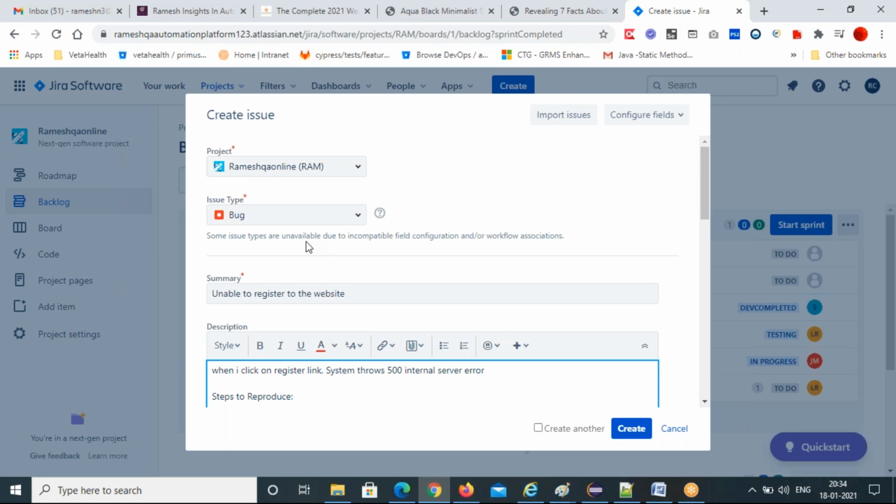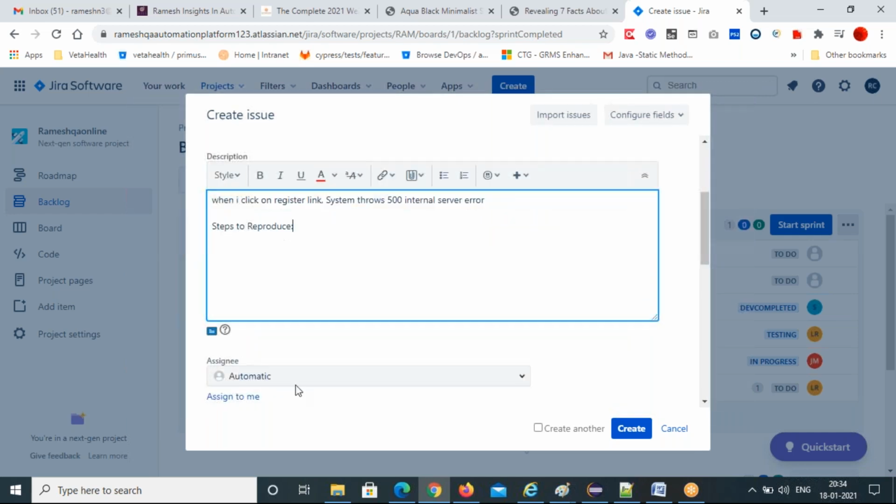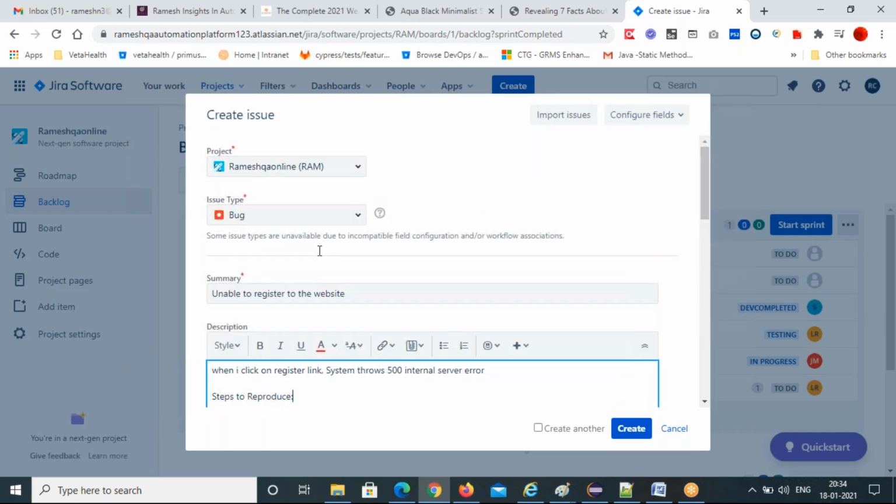Okay. Story means requirement. User story. It's a requirement. In a bug tracking tool, you can create anything. You can create a task, you can create a bug, you can create a user story, anything. So the bug will show in red color. I'll show you after filing this, okay? And a user story you will get in green color. So I'll show you that.